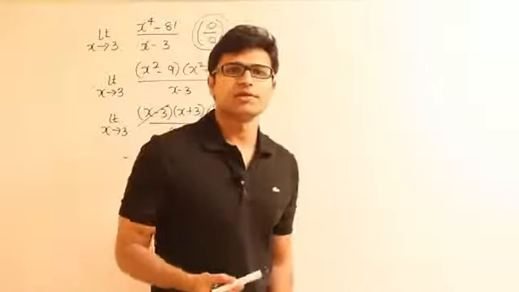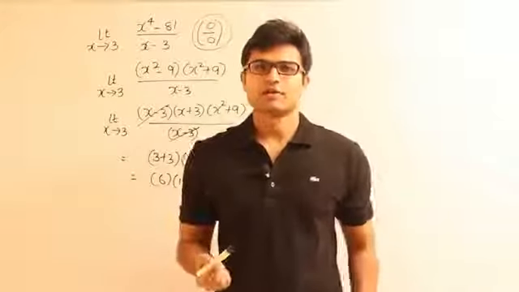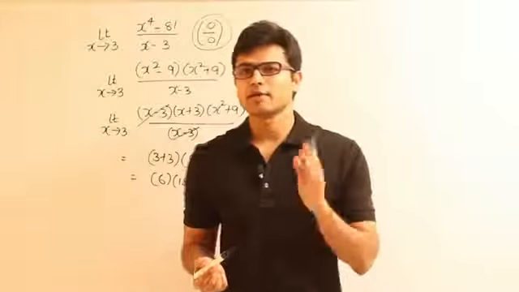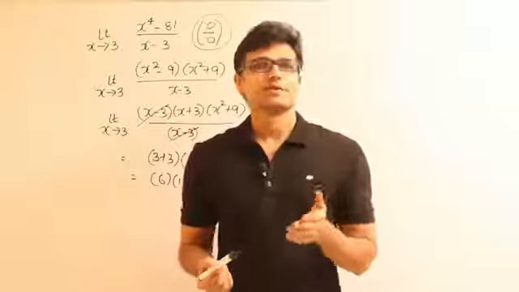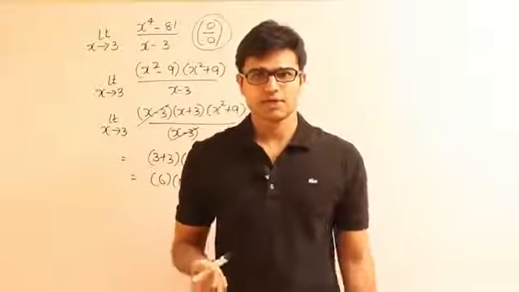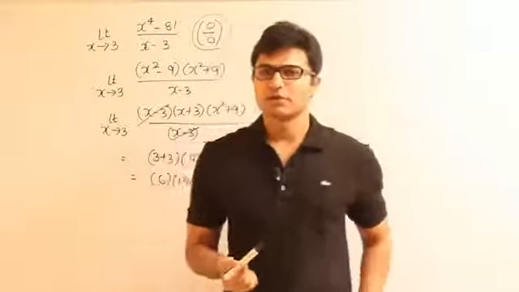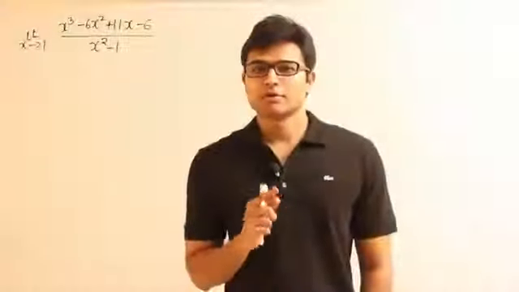So what I mean to say is, from this example, you need not always find out whether the limit exists or not. Only in the questions where it is required, you apply that method, which means in the options, if you see that whether the limit exists or not is there in the option, then you have to check it. Otherwise, you directly substitute it. In case it is going 0 by 0, I am just directly putting it. Okay, fine. Now let's see one more example of the same kind.